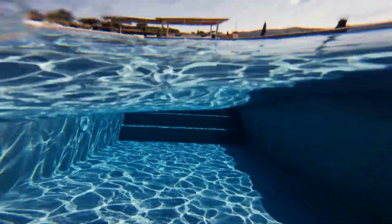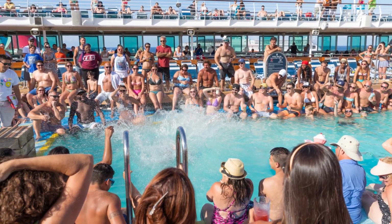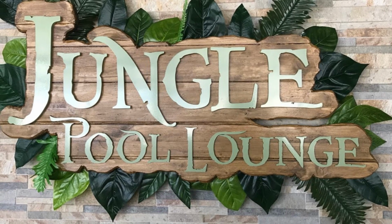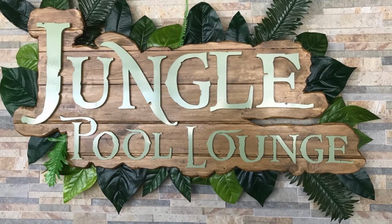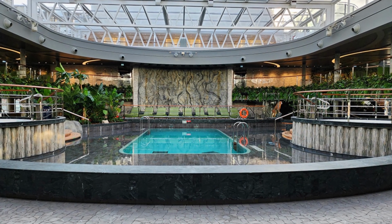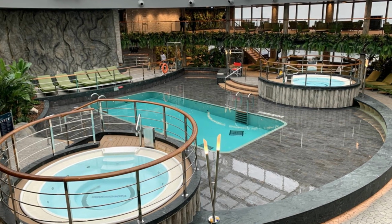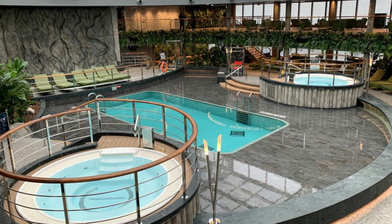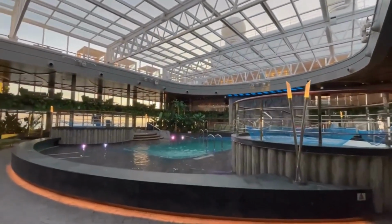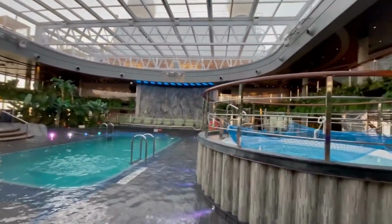Now, a bit of what we did like. If you're a fan of swimming during your cruise, you're probably aware that cruise ship pools tend to be on the smaller and shallower side. However, one standout feature we particularly enjoyed about the Seascape was the jungle pool. Situated on deck 16, this pool boasts a retractable roof, allowing you to enjoy a swim even in inclement weather. It spans a generous length and maintains a consistent depth of over 6 feet throughout, with no gradual entry,